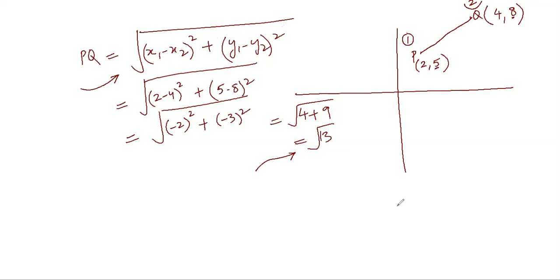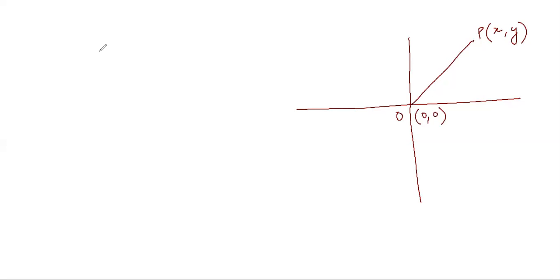Now let's see, students, quickly, if this is the x and y axis and this point is P. Let's say the coordinates of P are x and y, and we want to find the distance of this point from the origin. Now we know the coordinates of the origin are 0 and 0. So again applying the same formula, distance PO would be equal to under root of the difference of the abscissas, x minus 0 whole square, and the difference of ordinates, y